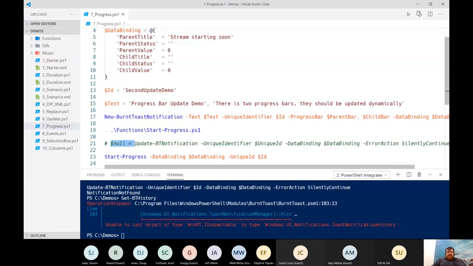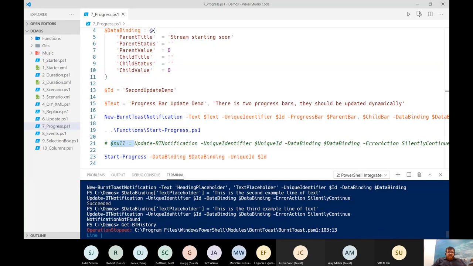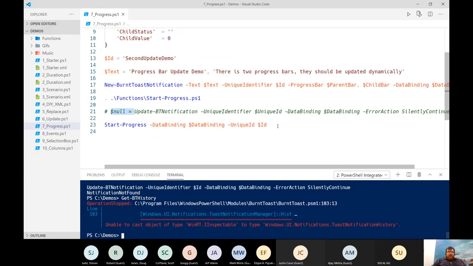And you'll notice also that it's null equals. That's to avoid getting spammed with these succeeded things, because I think it updates every second or every half second. So we end up with a lot of them. But if I run this,